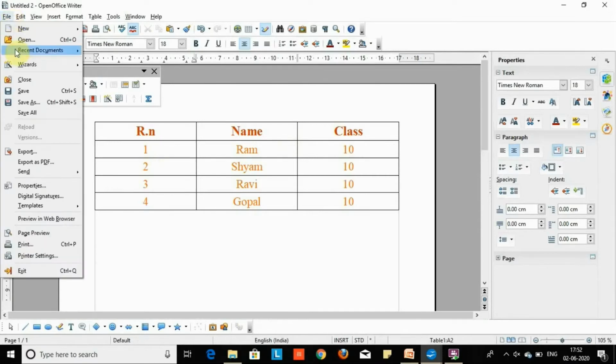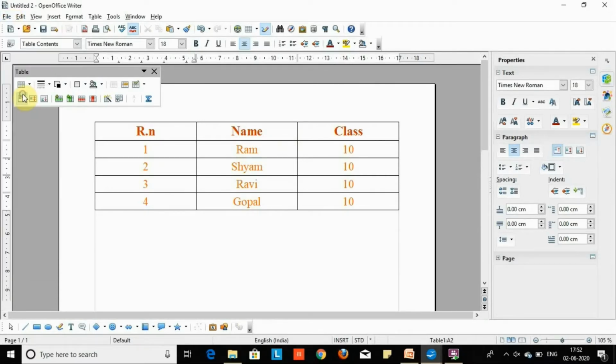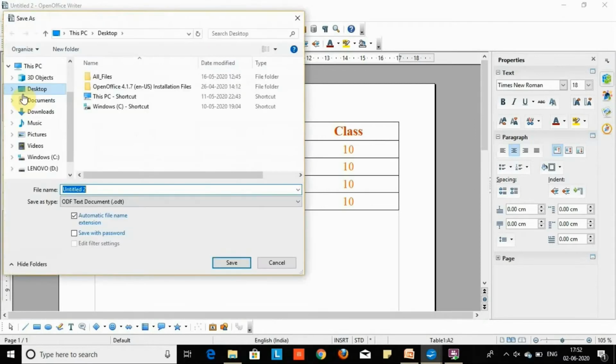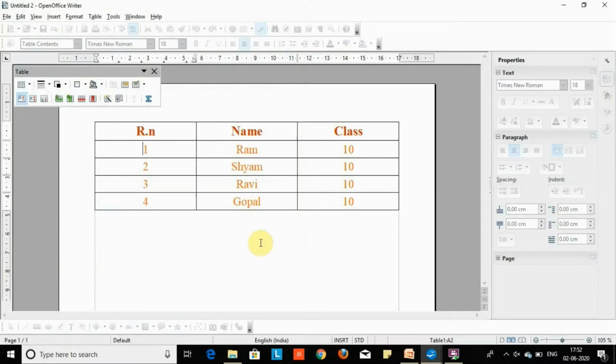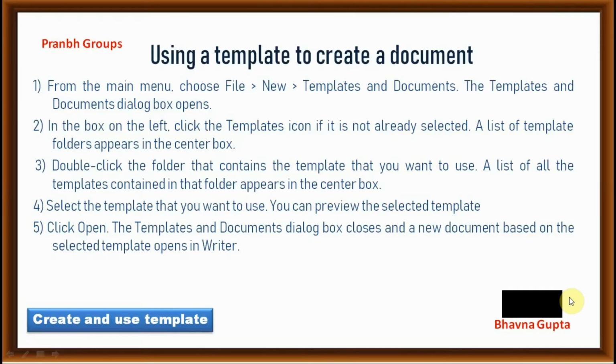Click File, then Save, and the Save As dialog box appears. Then type a file name and then save. This is the method for using a template.